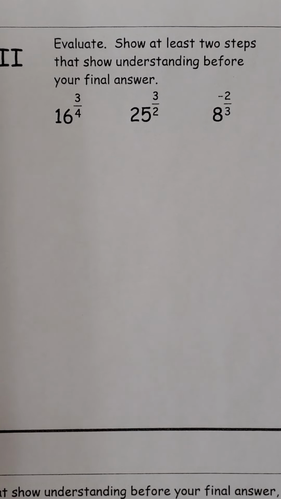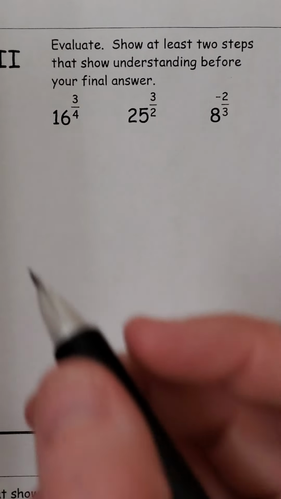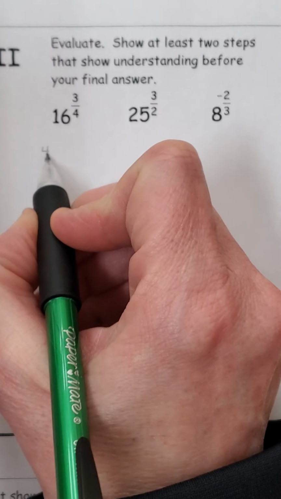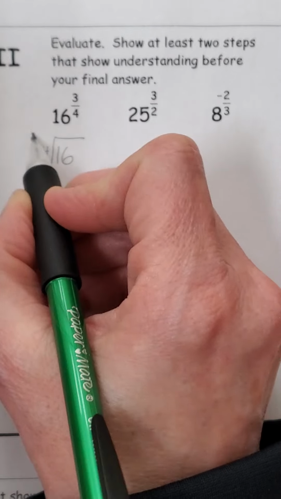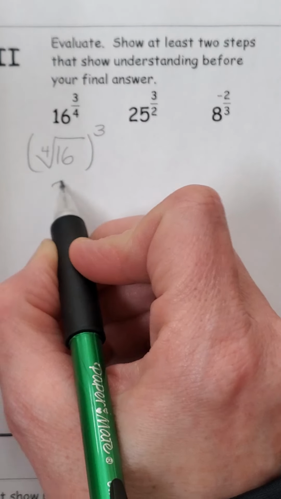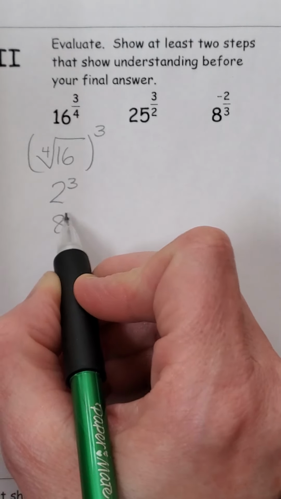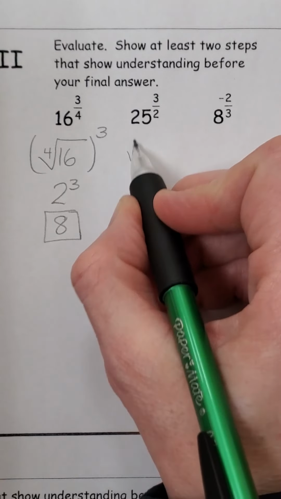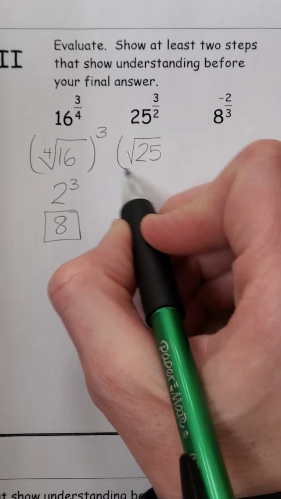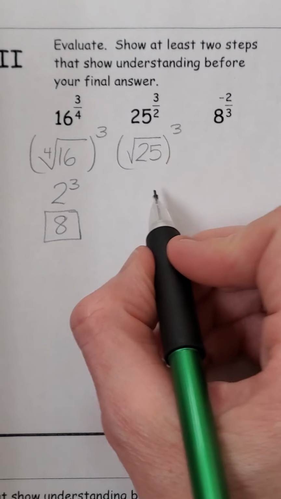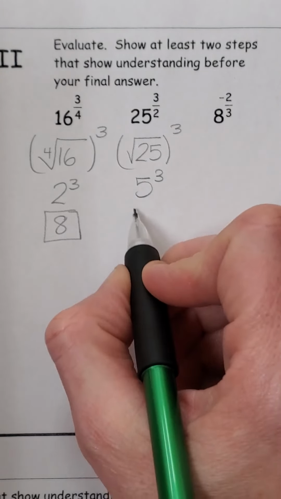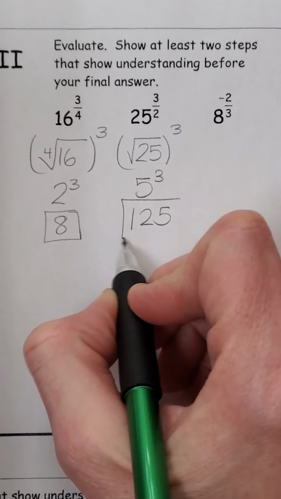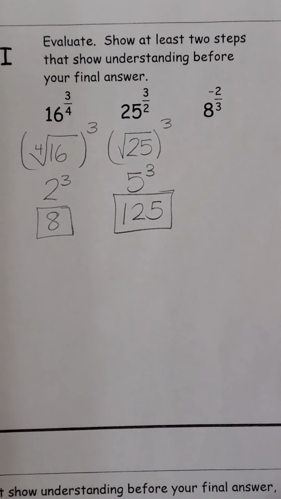So evaluate, show at least 2 steps now that demonstrate understanding before your final answer. Not too tricky. So we take the 4th root of 16, all in brackets cubed. 2 cubed is 8. And then we take the square root of 25, all in brackets cubed. So 5 cubed is 125. Now,